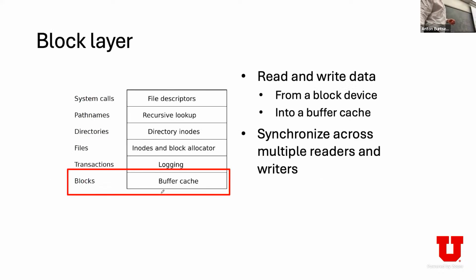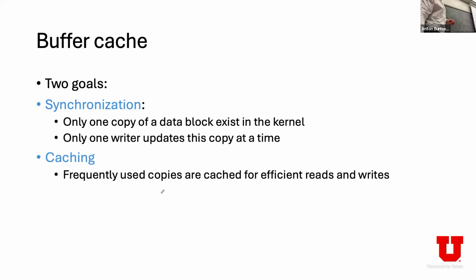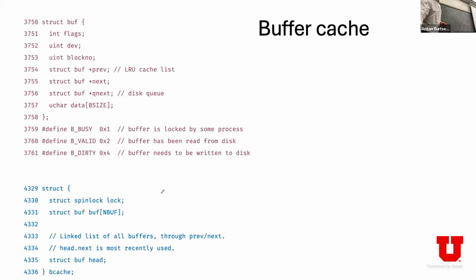So the buffer cache was sitting at the very bottom of the xv6 hierarchy to synchronize accesses, because it was also introducing locks on those elements of the list, saying that maybe someone is reading them, so no one else will be able to read at any given point of time. And what is happening here is that, so here we had